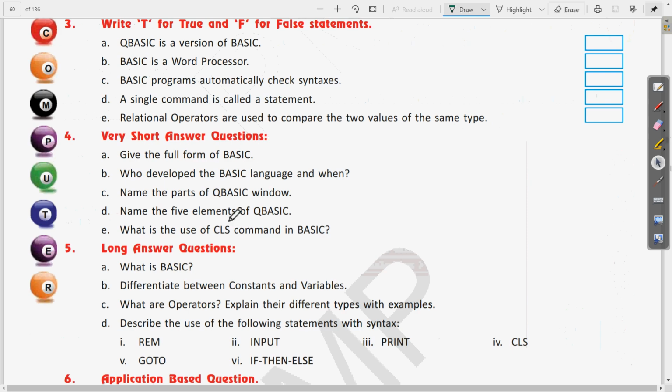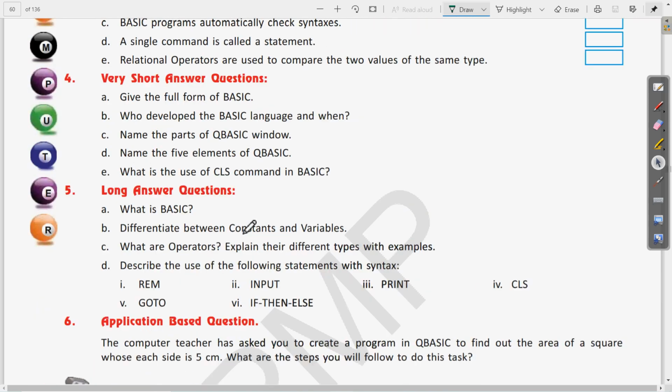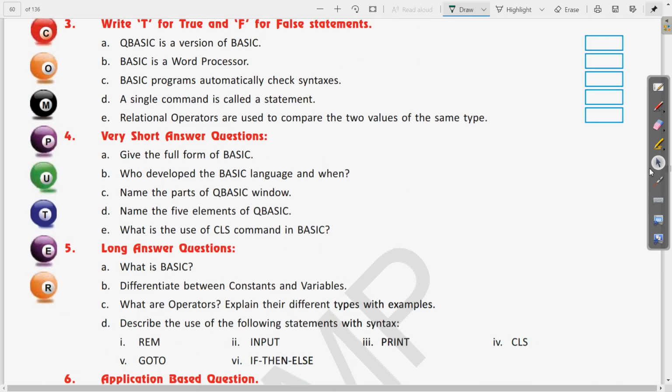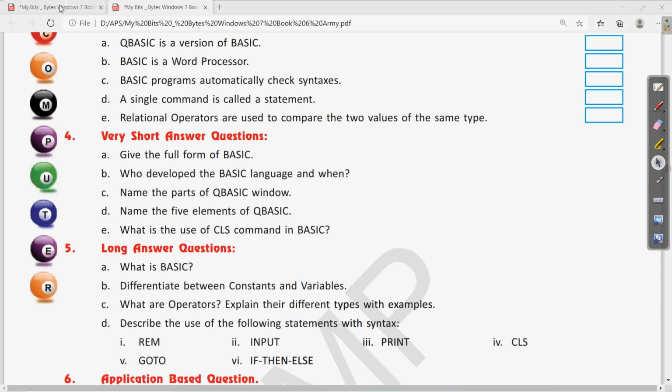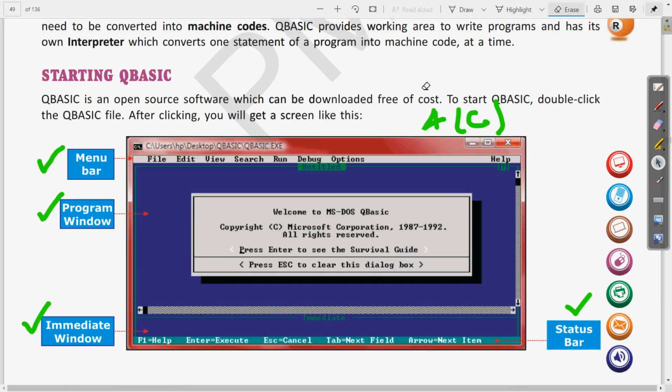Then coming to the next, name the 5 elements of QBasic. Clear? So here is question D, what are the 5 elements of QBasic. So let us see the answer now. The 5 elements of QBasic are, okay, wait a moment. So this answer is also given below.